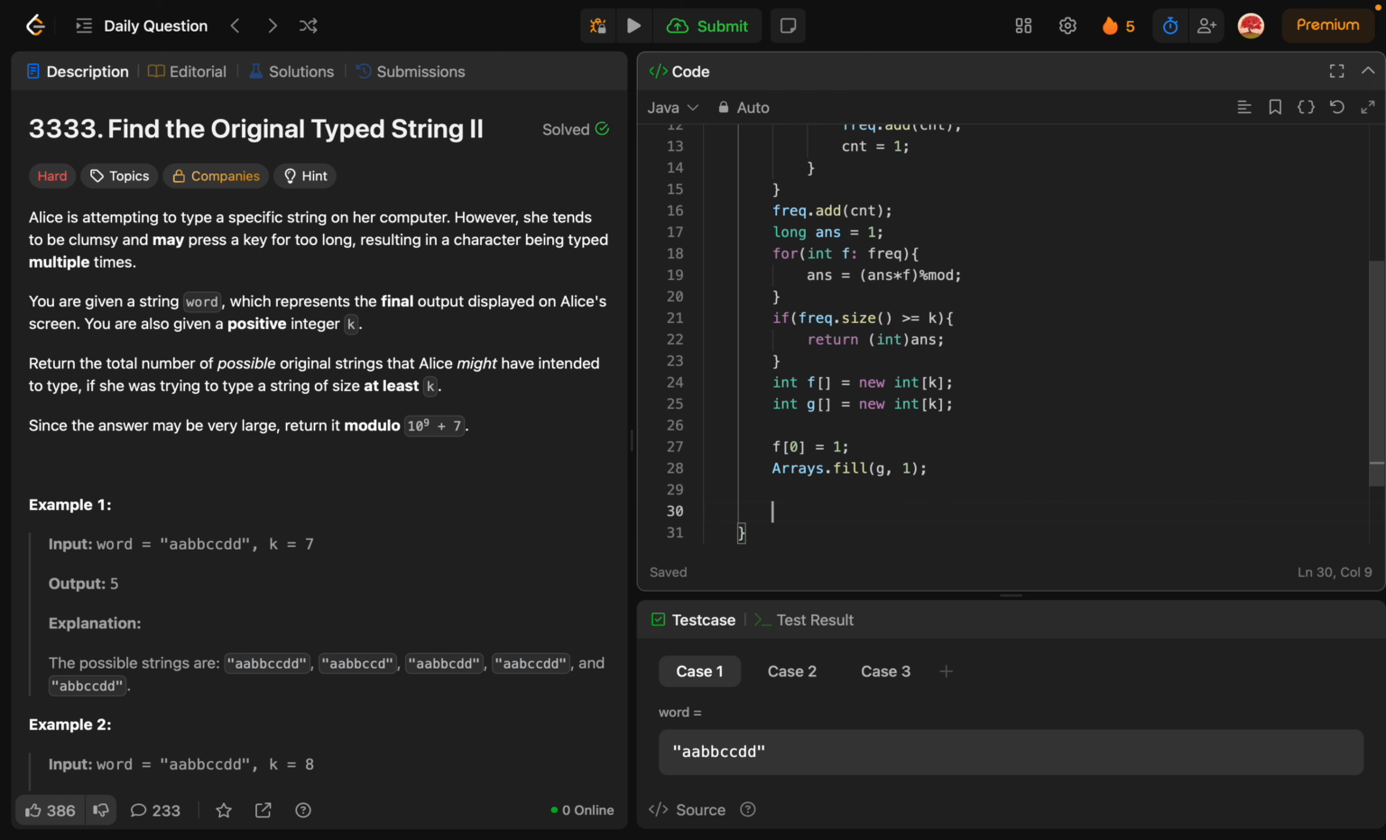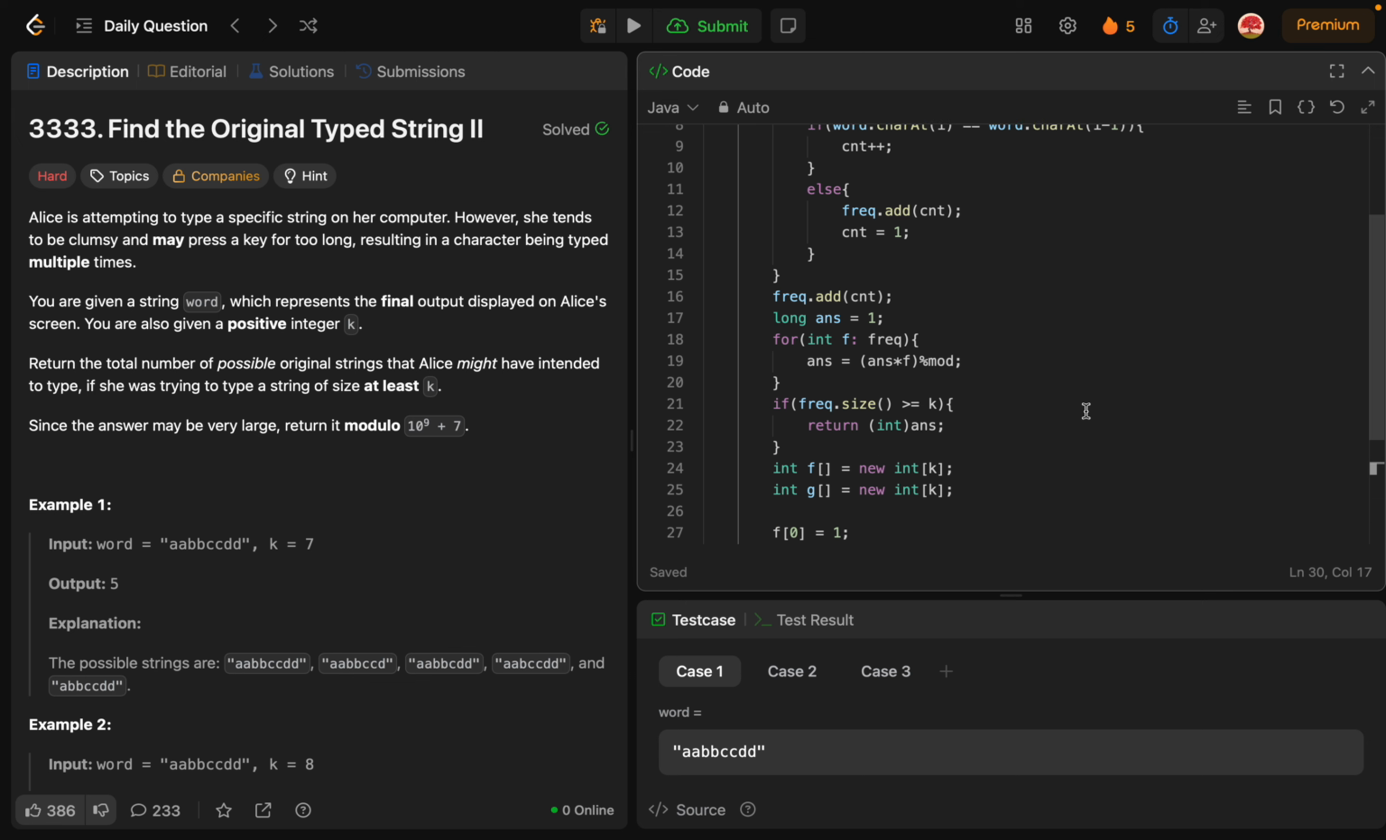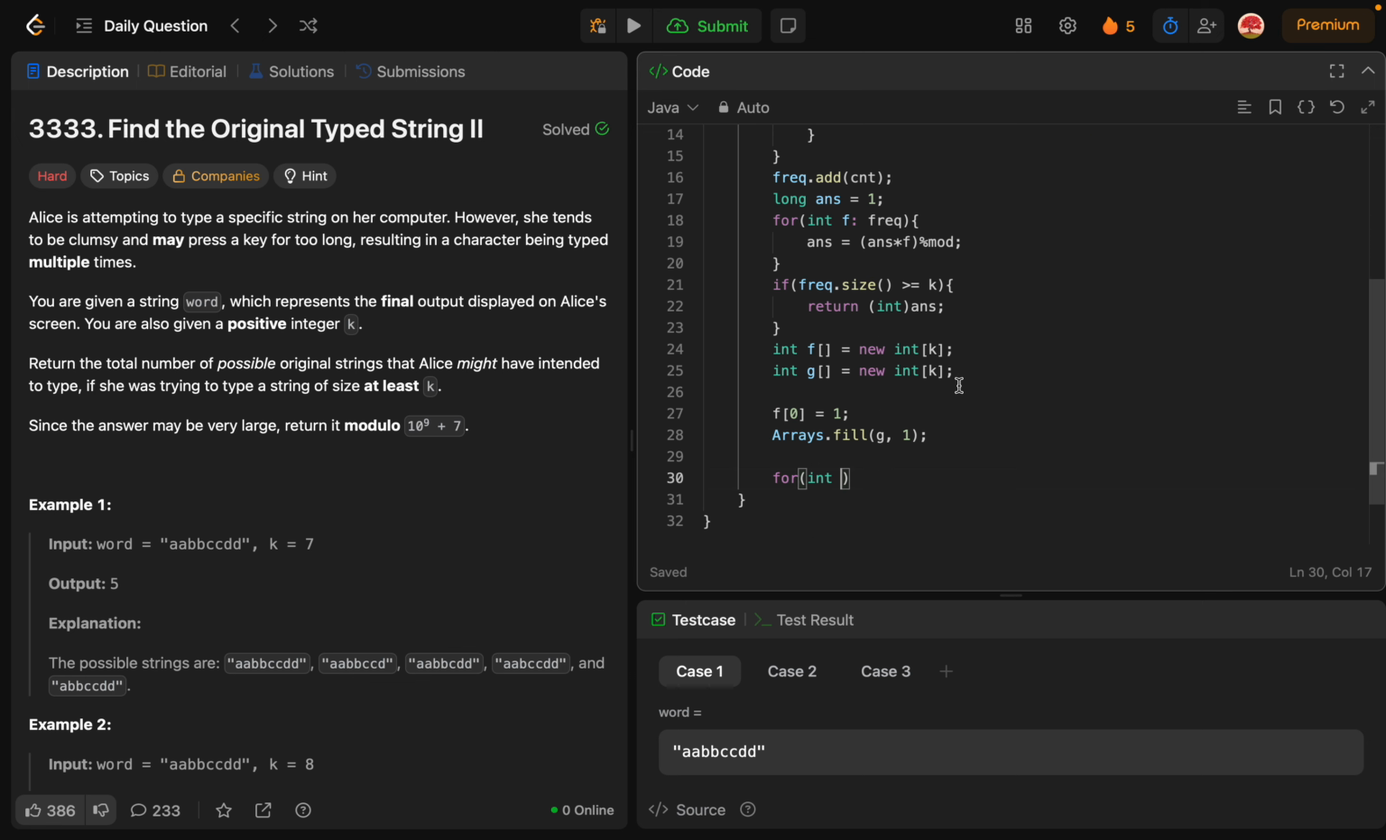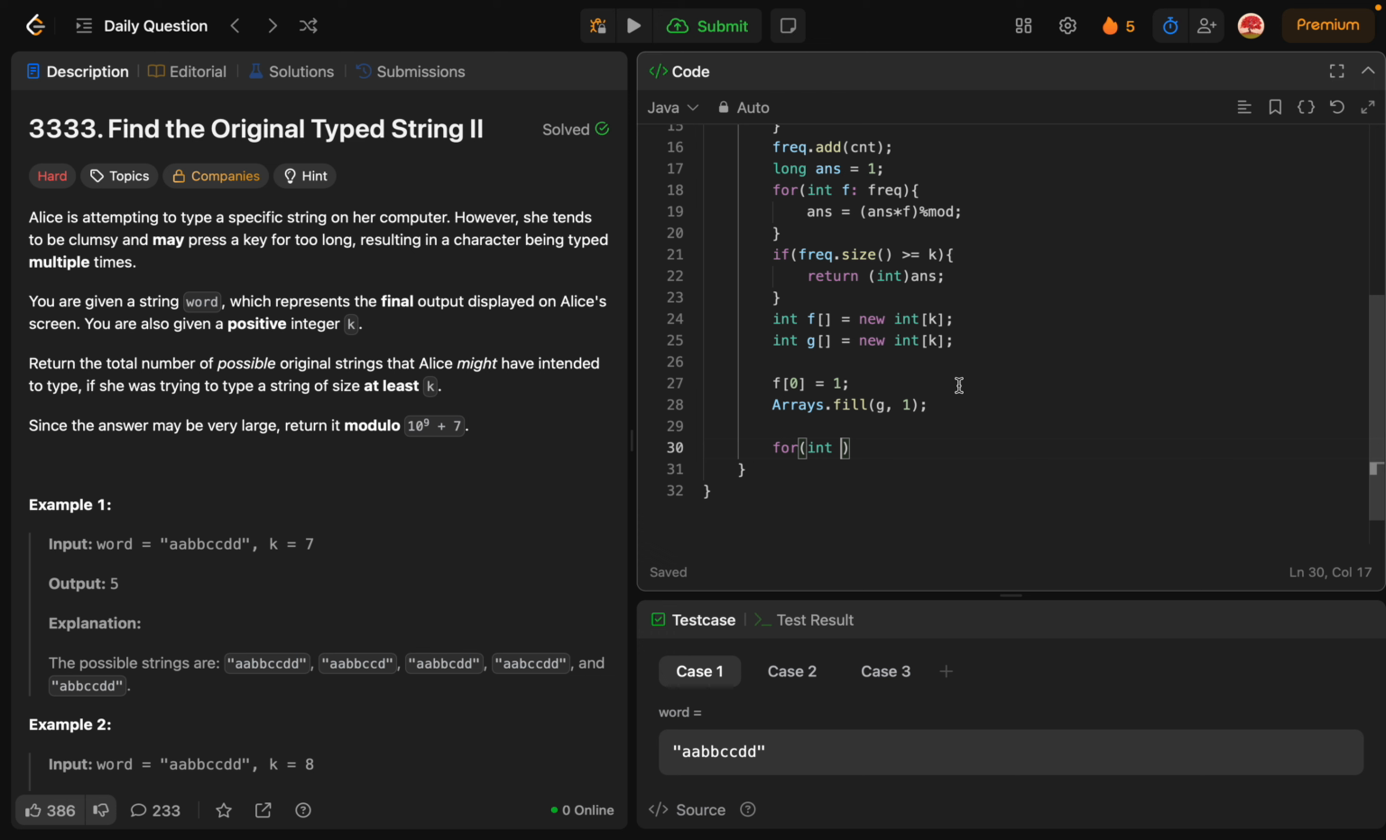Now the next step is to iterate through all the groups. We'll be iterating over the entire frequency array, because we'll be taking one frequency at a time and filling the f array, because we have to look from the frequency 1 to the current frequency f. So to do that,